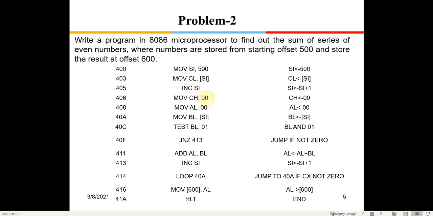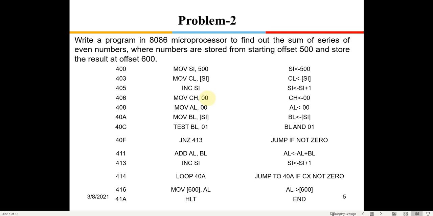Okay, now CH also we are putting 00 because whenever we use a loop operation, it will check whether CX is 0 or not. Since it's a small array, we have put the data into CL register. So we need to initialize CH also to 0.